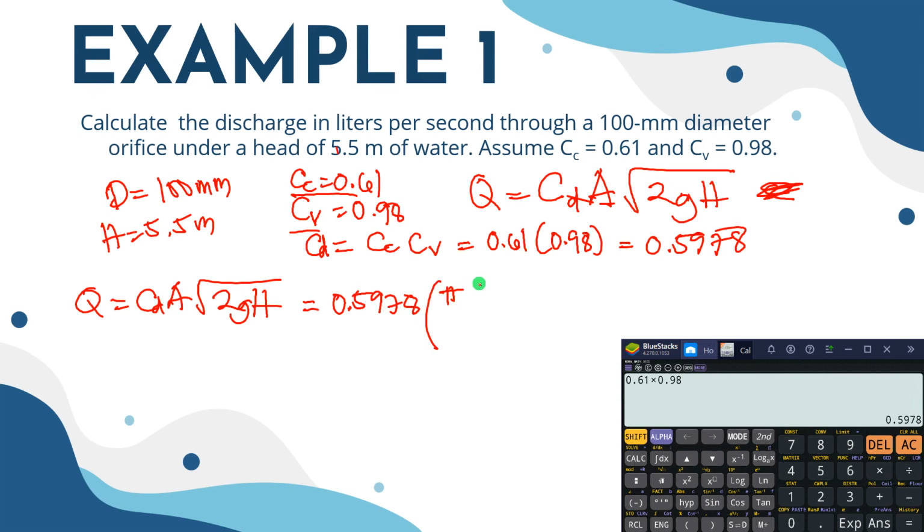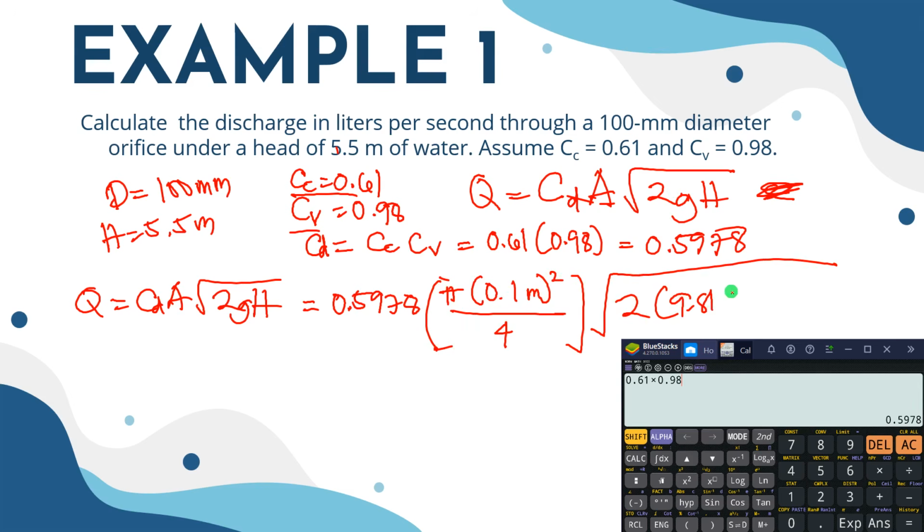Convert that to meters, so 0.1 meter squared, divided by 4, pi d squared over 4, multiplied by the square root of 2gh. So 2 times 9.81 meters per second squared times the h of 5.5 meters. So the Q is equal to,